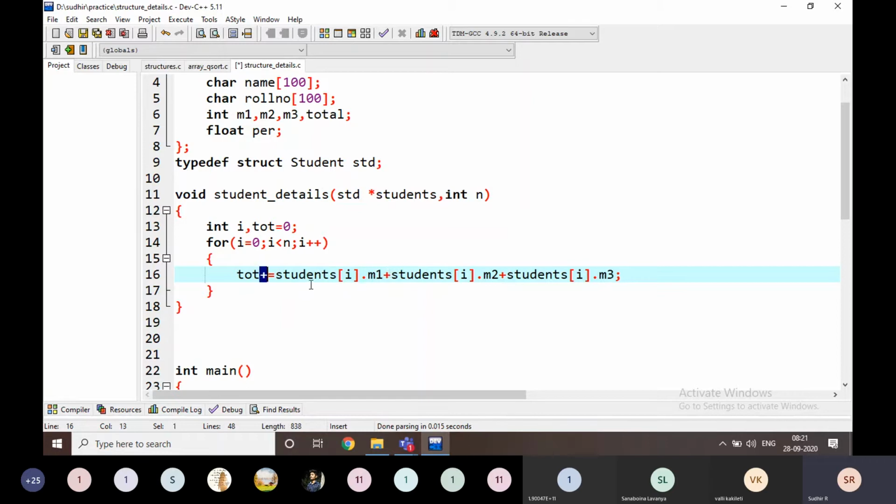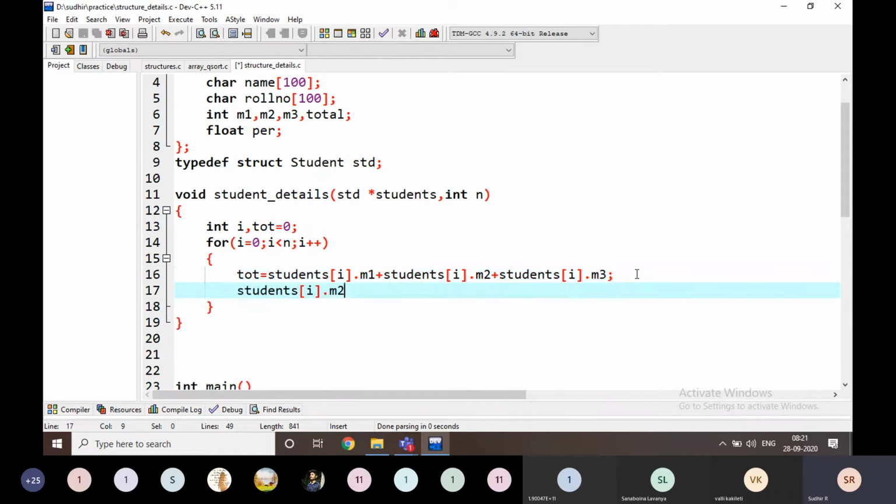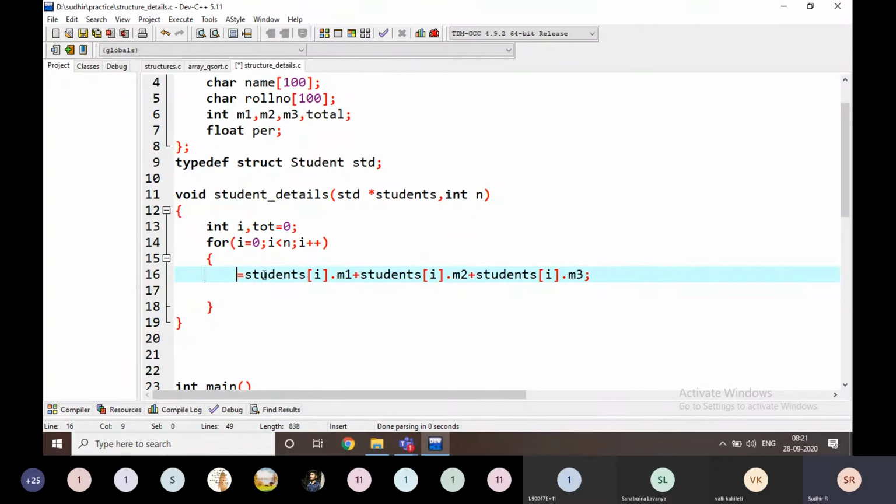There is no need of this one also. I'm going to write like this: student of total is equal to, no need of this one also. Student of total is equal to students dot m1 plus m2 plus m3, like this.